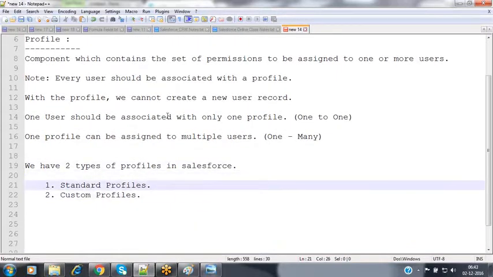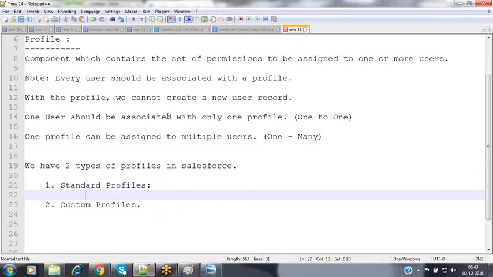So what do you mean by standard profile? What do you mean by custom profile here? When coming to the standard profile, these are the ready-made profiles given by Salesforce by default. Whenever you are accessing the Salesforce CRM application, Salesforce is providing some set of ready-made objects to you, like account, contact, opportunity, lead, case, everything.